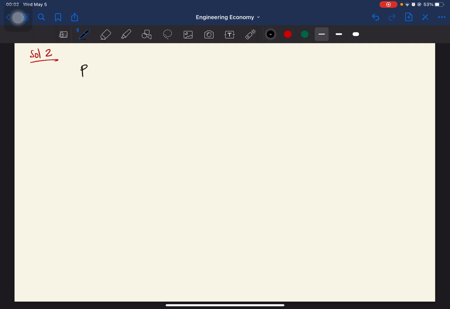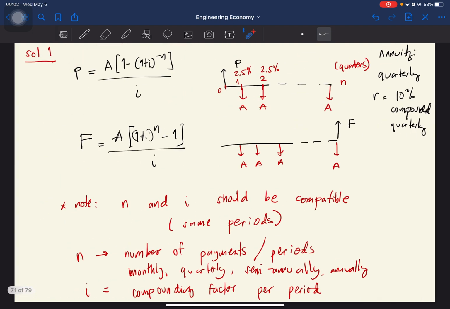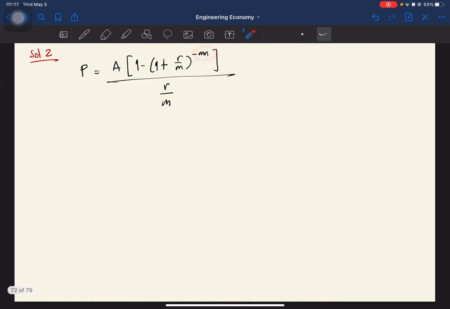Which is ang formula natin for present worth equals A times 1 minus 1 plus I. Okay, pero if your interest rate is nominal, (R over M) raised to negative Mn, over R over M. Actually, this formula is exactly the same as ito. Ang pinagkaiba lang, if you are viewing N as hindi siya fixed, ibig sabihin nagagalaw-galaw siya, hindi mo na gagamitin to. Okay? Kasi hindi ka naman nakastick sa, kasi dito sa formula na to,